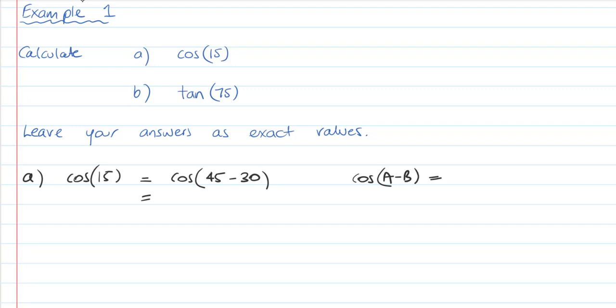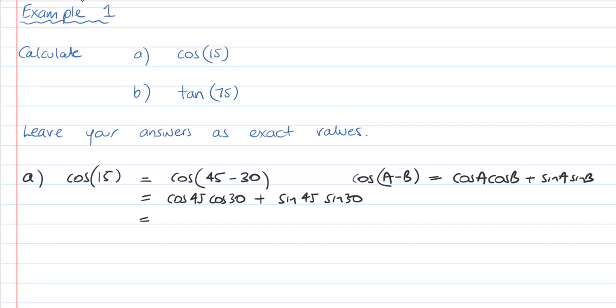Remember, cos(A minus B) is equal to cos A cos B plus sin A sin B. So we get cos 45 cos 30 plus sin 45 sin 30,